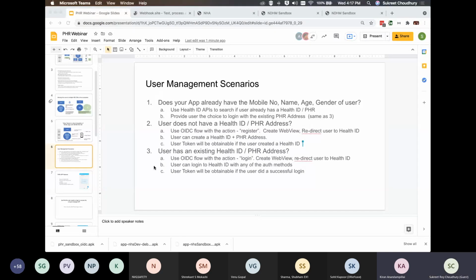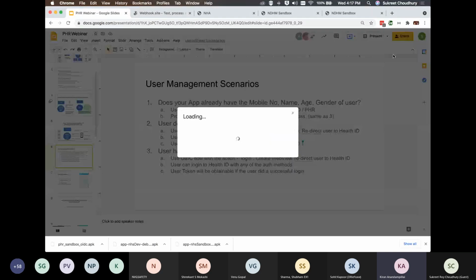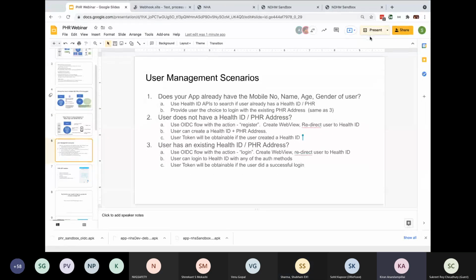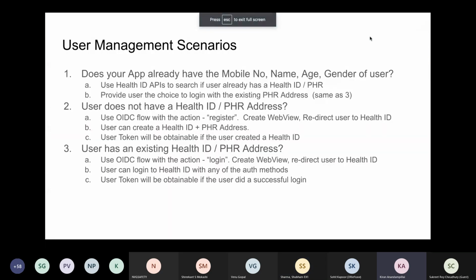On this one slide, I'll just quickly cover. You can put it into full slide mode. So generally, whenever we are starting with a mobile app implementation, there are several mobile apps which